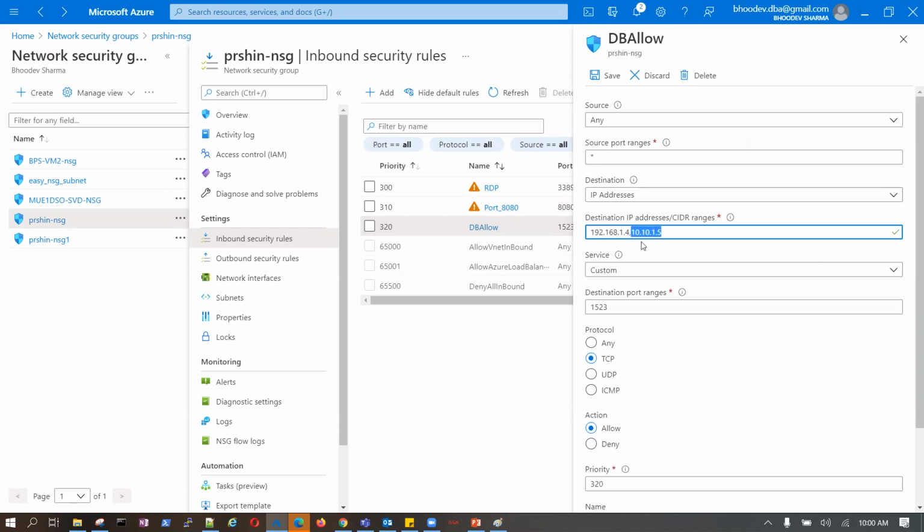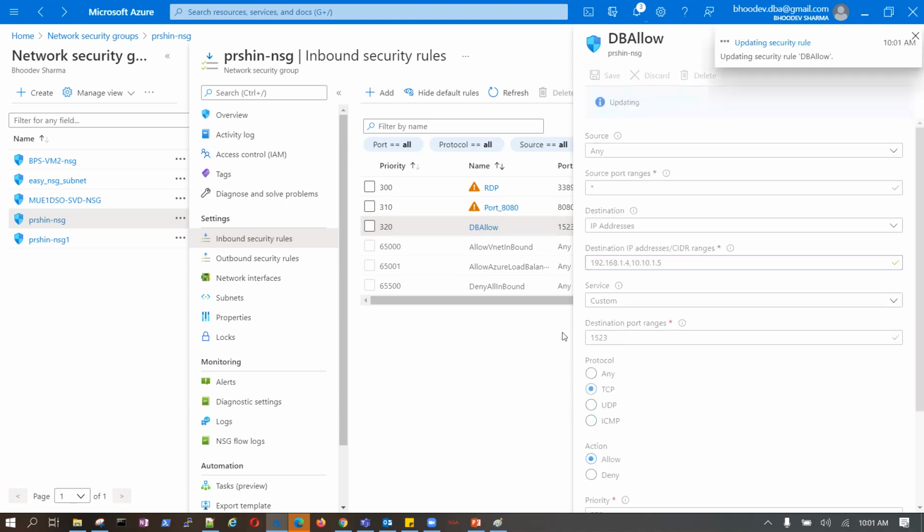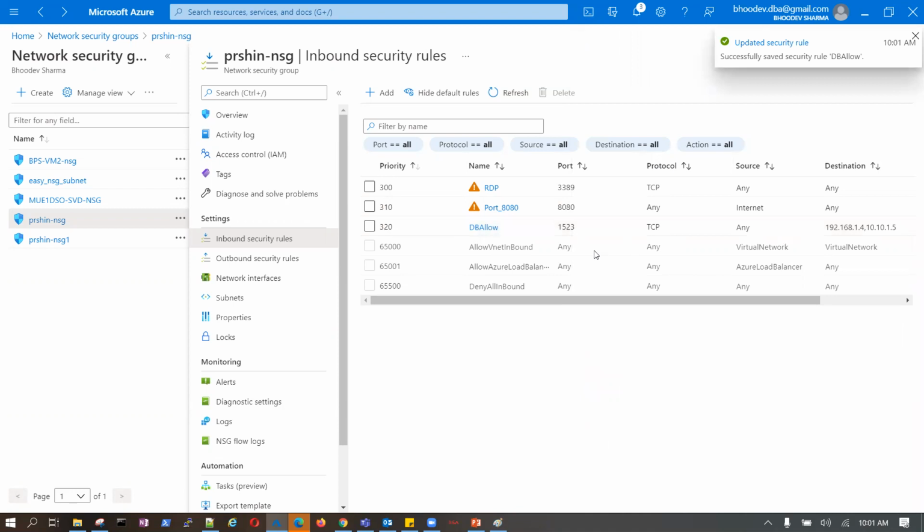So you will modify it and say same. Currently there are 2 IP addresses allowed to connect to this particular database. This should come from here. Or if there are 2 databases coming from anywhere, it means you allowed this port to 2 databases. Is that clear?